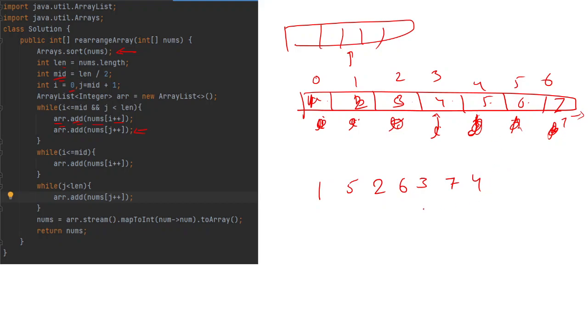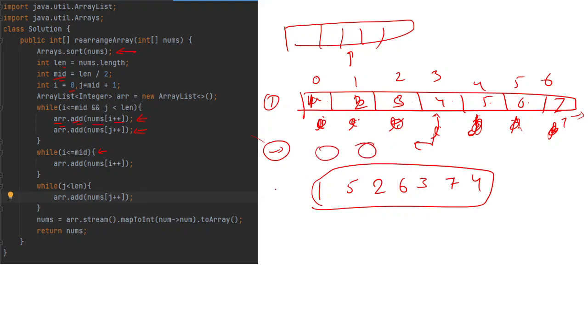Now this way we can arrange it. If you see here, add all of them alternatively, and then whatever is left, only one will be left. That is pretty sure. It's not that there will be two values left, only one will be left, because we are dividing this into two parts. Either it can divide into equal parts, or into x plus 1 and x. That last part we are adding using these while loops, and then we are converting that array list into an integer array, and then returning that rearranged array.